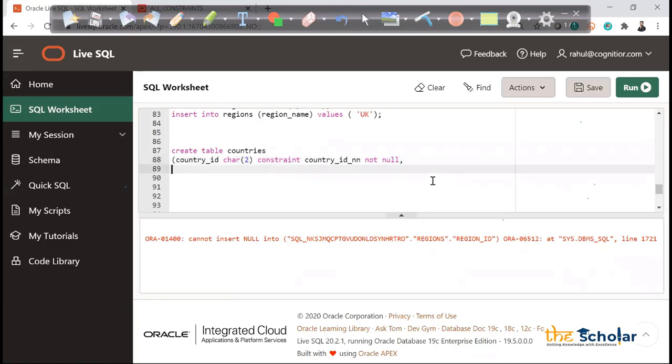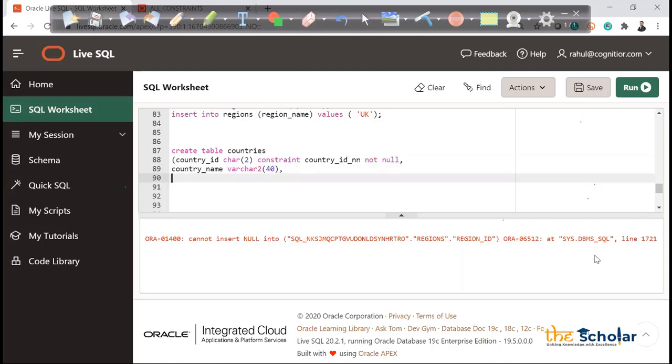Now I want to make the primary key. Let me try to add the primary key constraint at the end, and we'll see whether it will accept it at the end or not. The second column is country name, and let's make it varchar 240. I'm making the size 40.